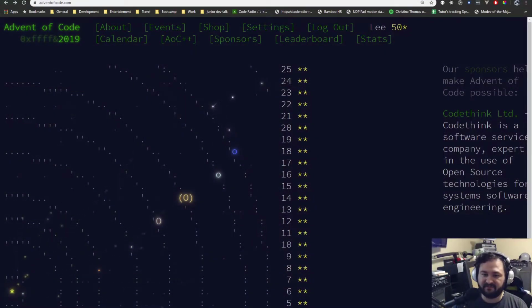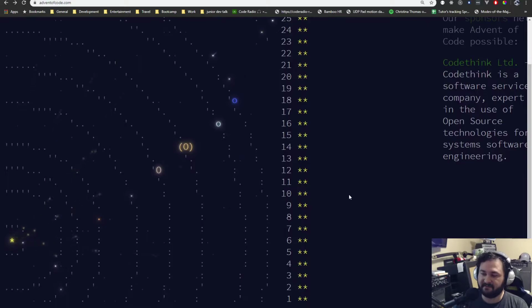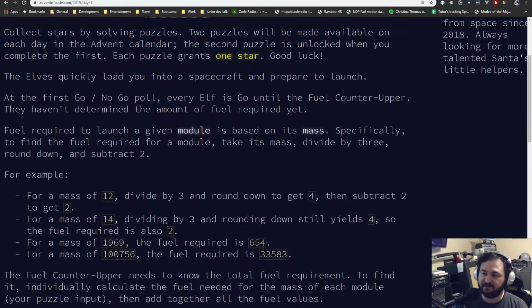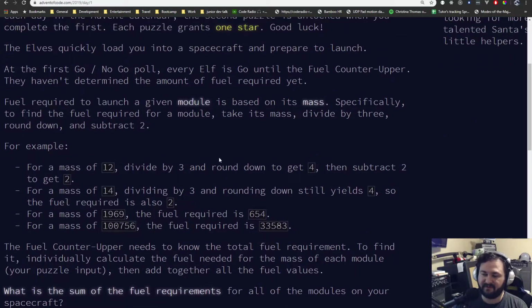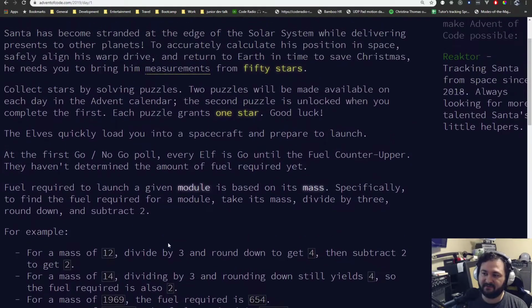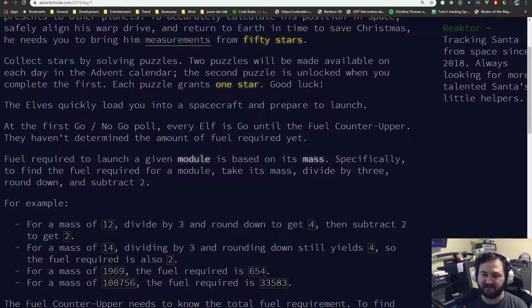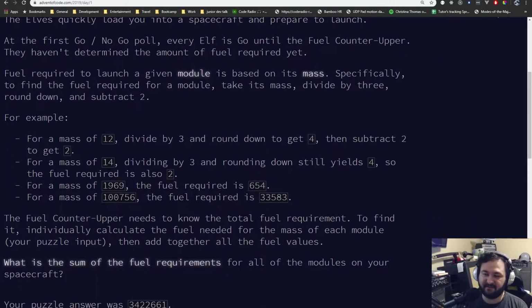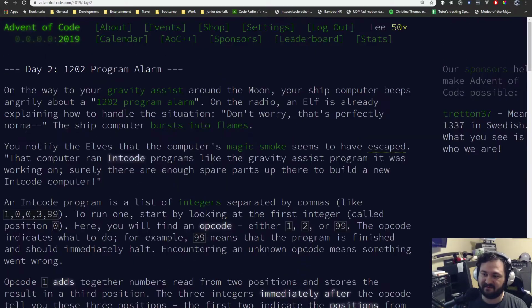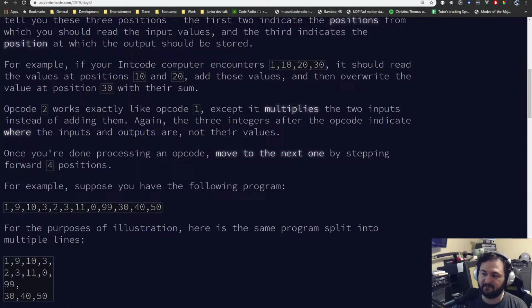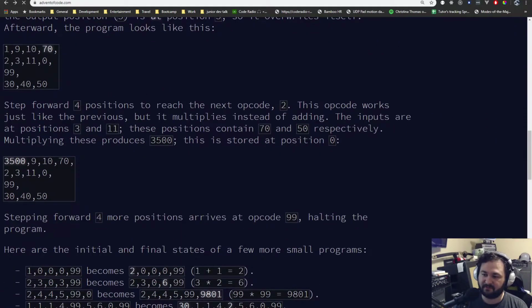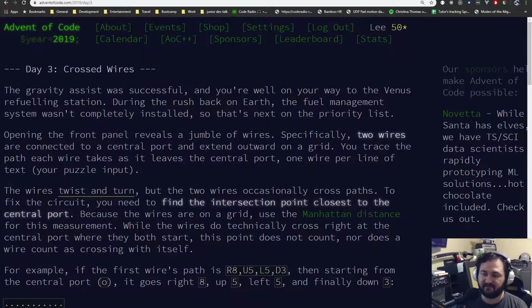Whenever you're going through these solutions, even day one, where they give you this math problem, usually that's pretty boring to do in code. But the way that they give you these problems, like calculating the fuel for mass, you've got to write an algorithm that does this. And for this one, you don't really need to use data structures or anything. But by the time you get to day 2 or I think 3, actually. Yeah, 3, so crossed wires.